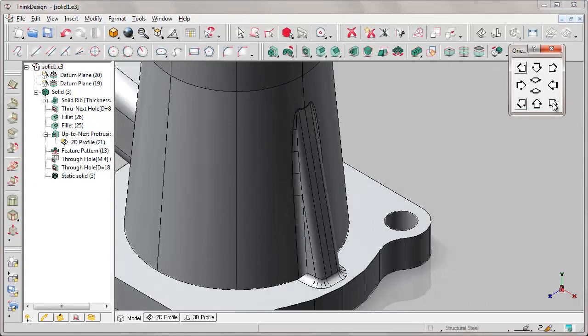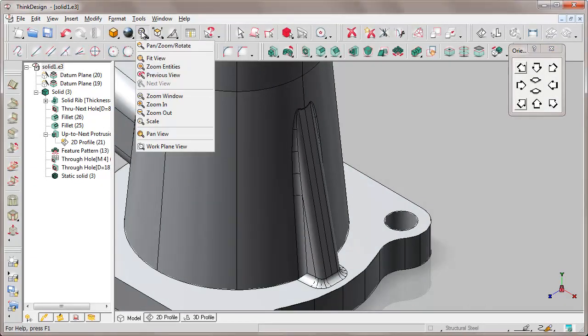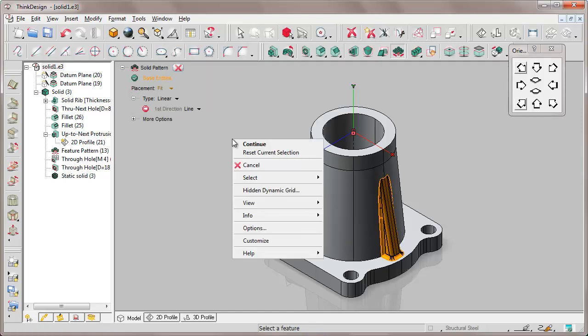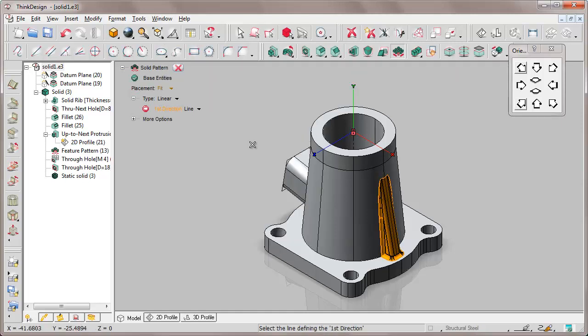Subsequently, at this step, in the current state of the history of our model, we are asked to add 3 more ribs. Well, we do it by the solid pattern command, replaying that rib with an angular pattern type around the central axis of our hole, for an extension of 360 degrees, so that 4 copies, including the original one, are included, and we confirm.